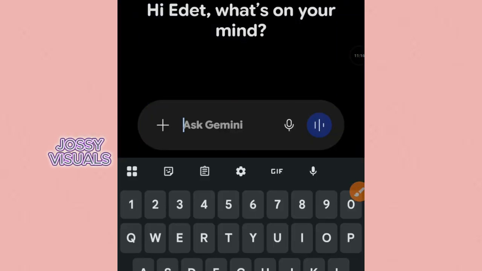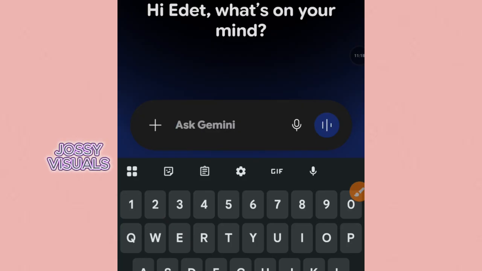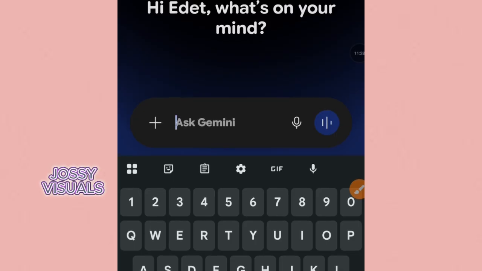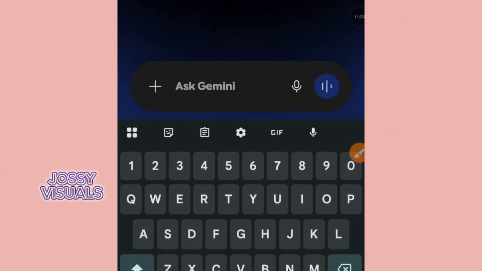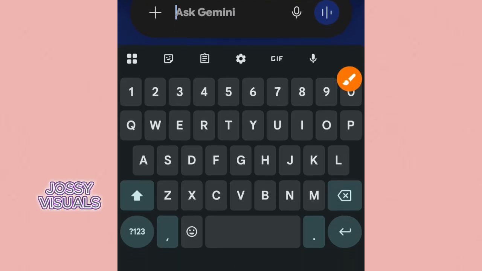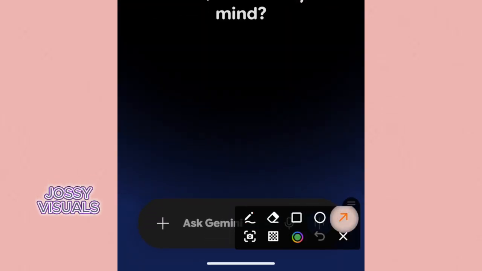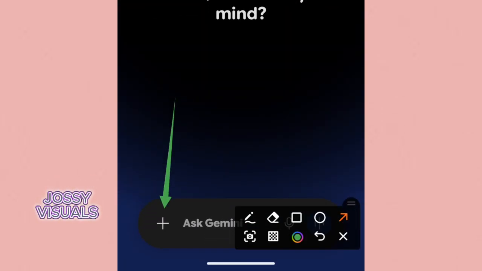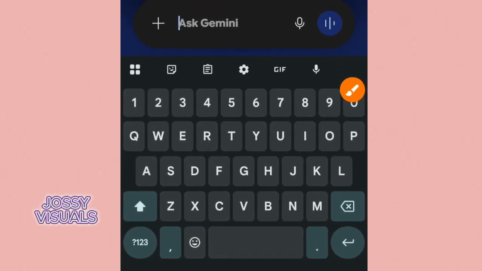In Gemini, this is where you bring in your own raw picture. However you take the picture, whether it is a selfie or someone takes the picture for you, you bring in that picture right here. So what you need to do is click this plus button right here,